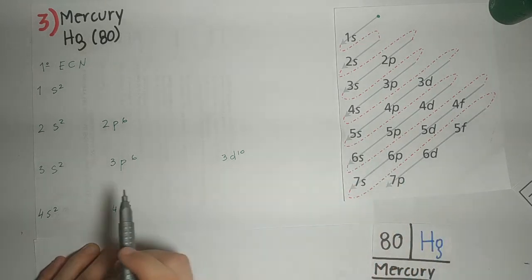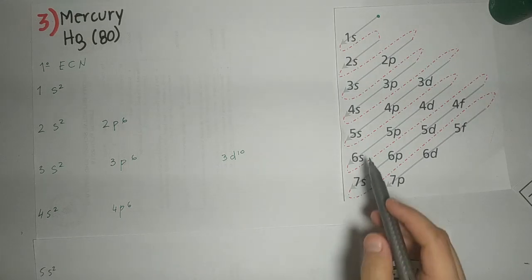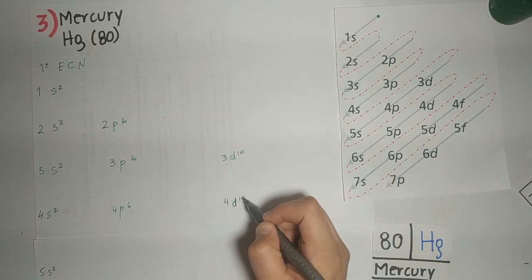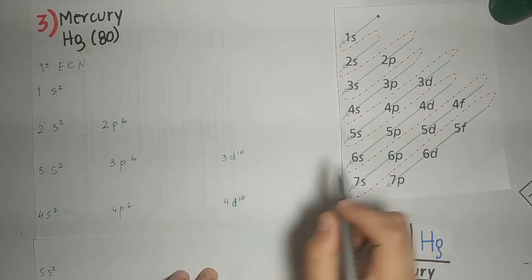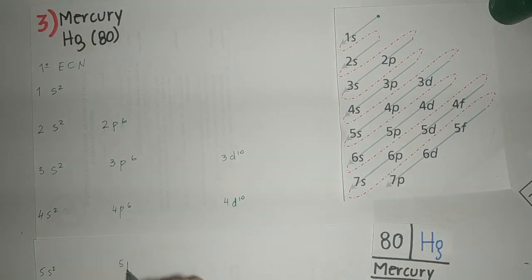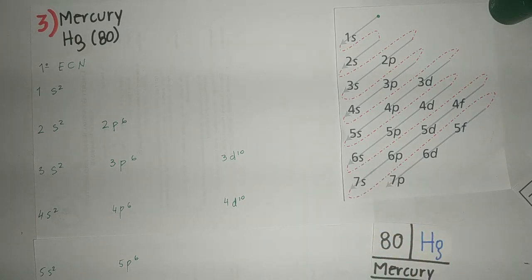Then it continues with 5s2, 38, 4d10, 48, 5p6, 54, 6s2, 56, and then